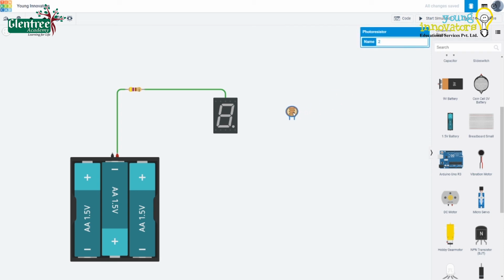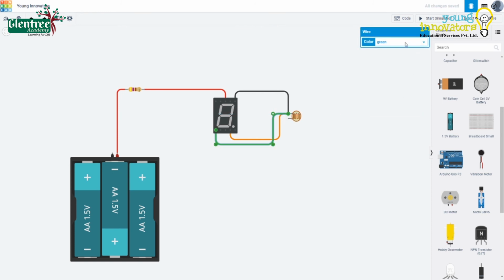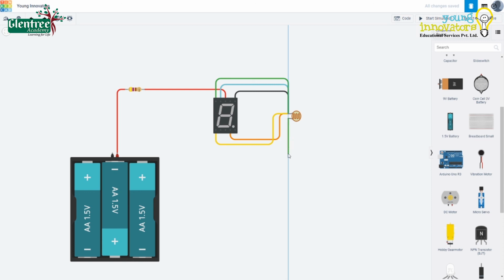Next, let us connect the LDR to the terminals B, C, E, F and G. And the other terminal of the LDR will go to the battery negative.